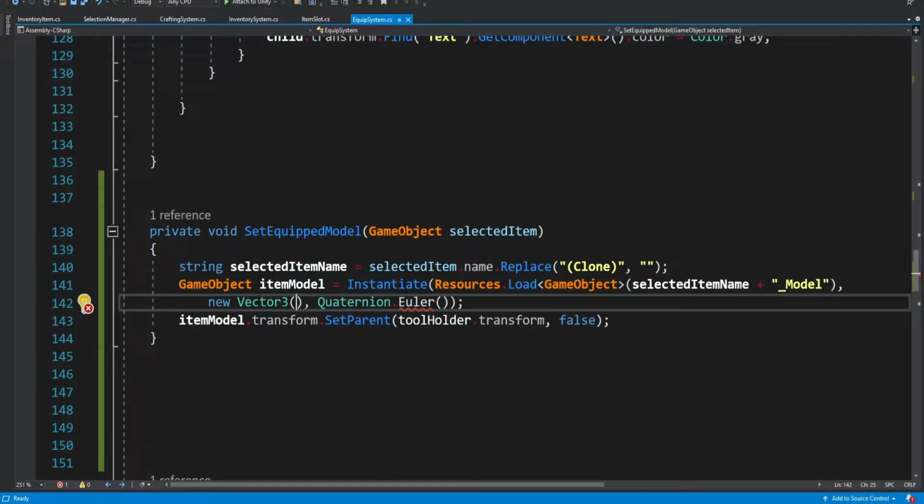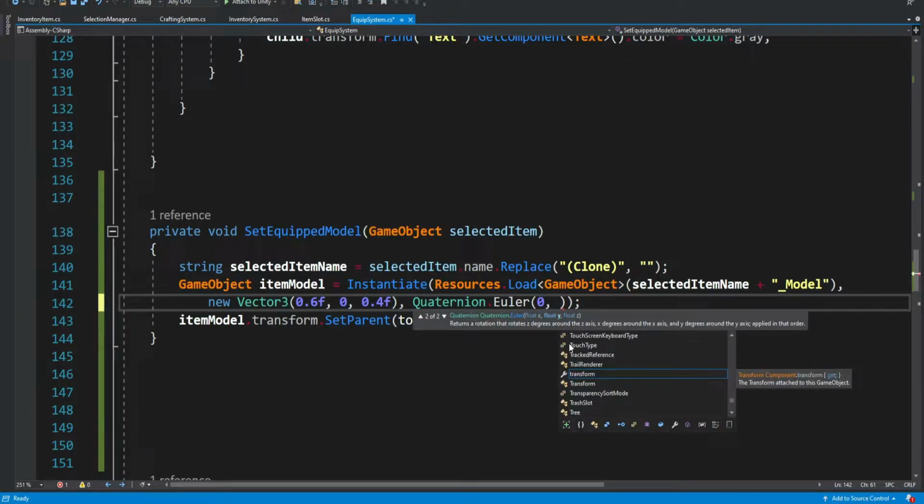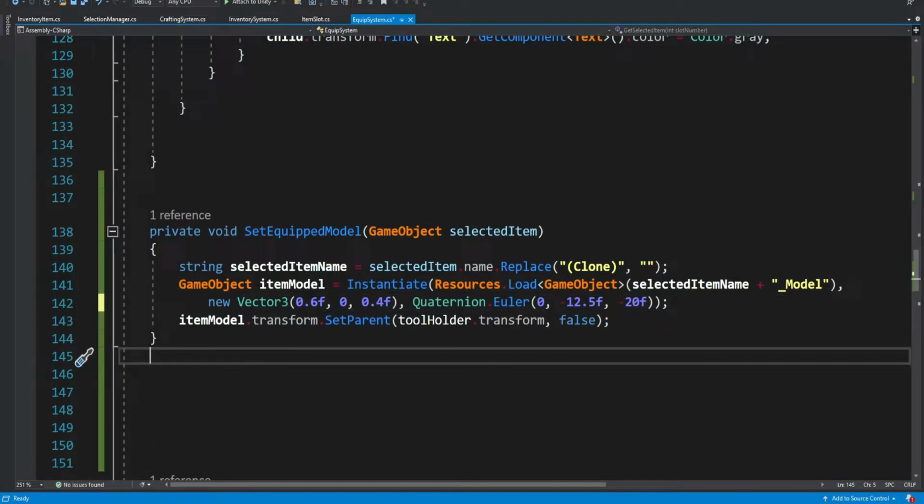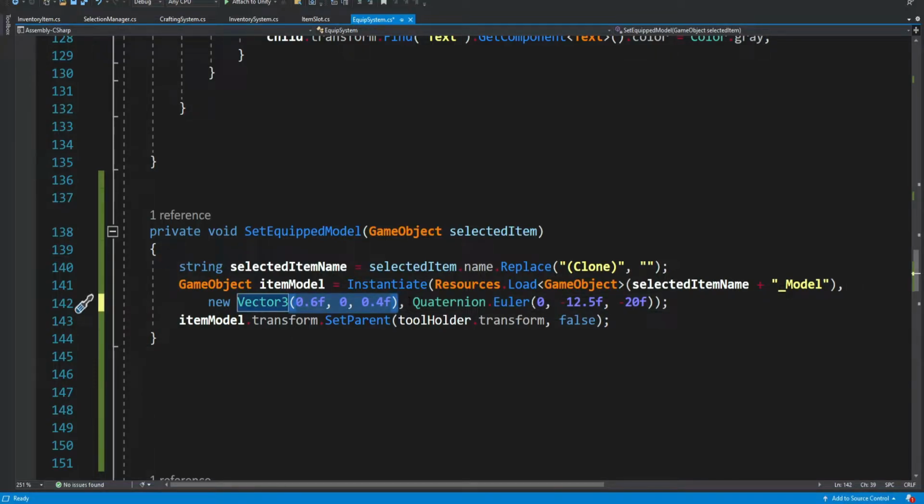But if not, you just need to adjust it to your own game, okay? So I'm going to instantiate it at 0.6f, 0, 0.4f, and I say F because it's a float, okay? And then the rotation will be 0, -12.5, and -20, okay? So it will instantiate our axe in this position, in this rotation, inside the tool holder, okay?